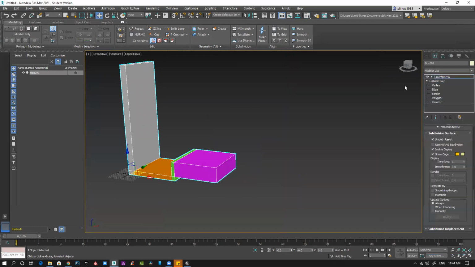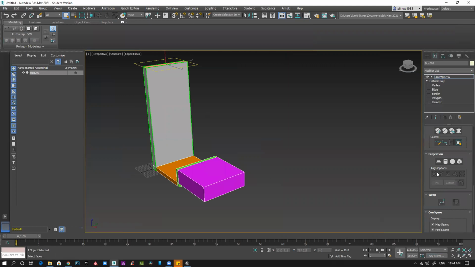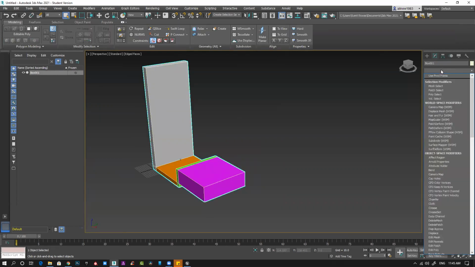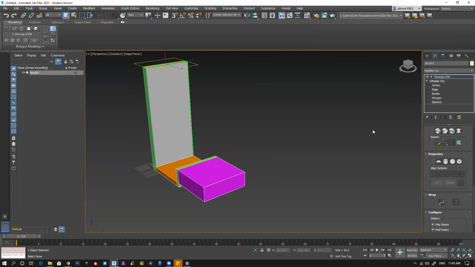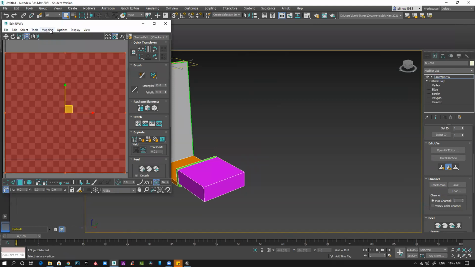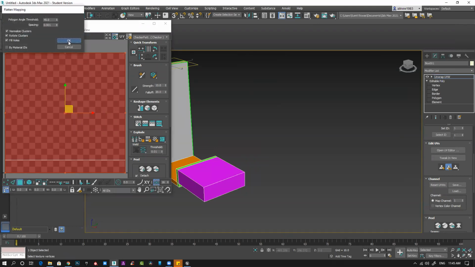UV editor. If I want, I can use a flatten map.